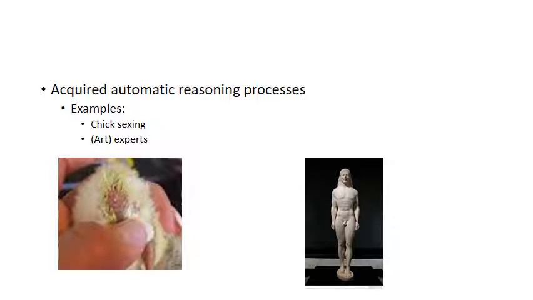Another example comes from Malcolm Gladwell's book Blink, in which he writes about the power of intuitive thinking. That's why in the blink of an eye we can make good judgment calls. And he has this story, also a true story, about an ancient sculpture that is being bought by a fancy museum. They do all kinds of scientific tests on it to determine whether or not it's an original, because it's wonderfully well preserved, and so it would be of enormous value.